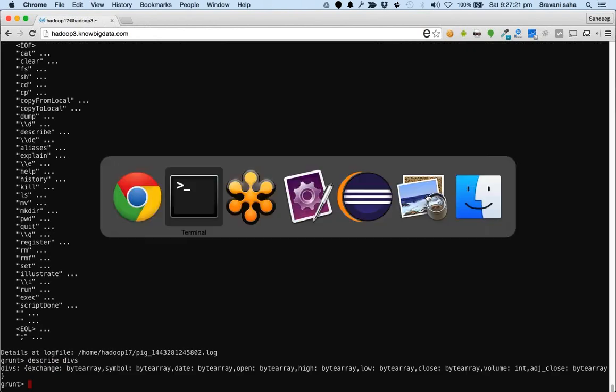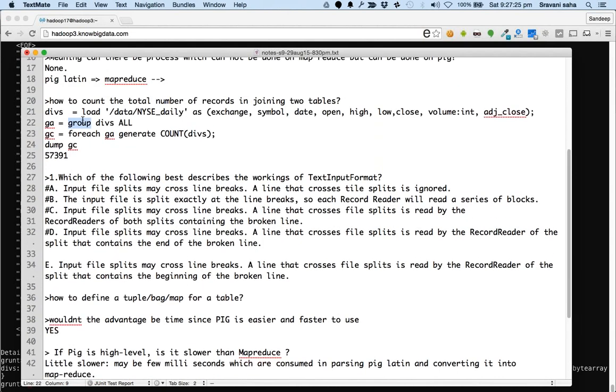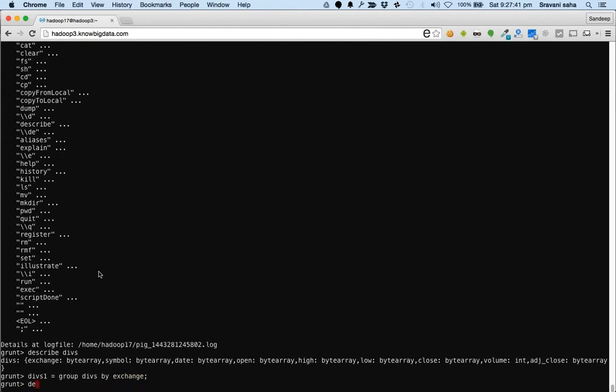What we did earlier was we said let's try to group it: divs1 equals group divs by exchange. When we group some data and say describe divs1,